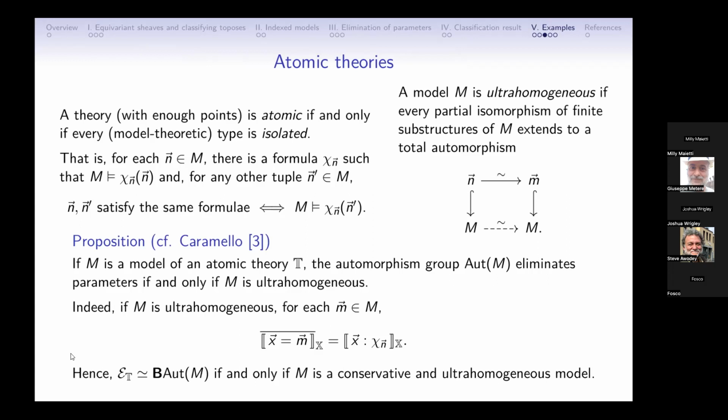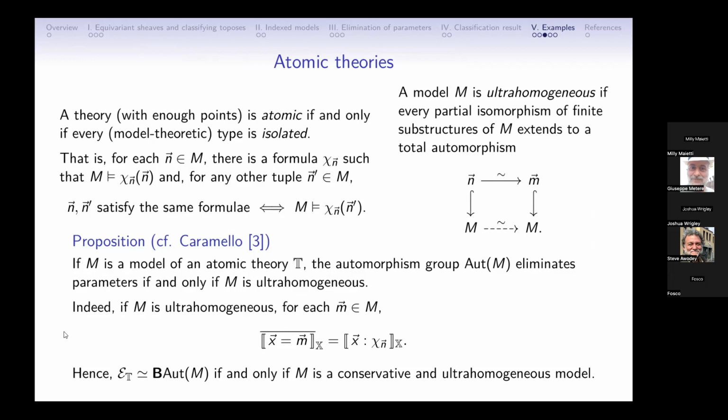If M is an ultra-homogeneous model, then the formula eliminating parameters is precisely the formula chi subscript m for the parameters m. And hence we conclude that the classifying topos of an atomic theory is equivalent to